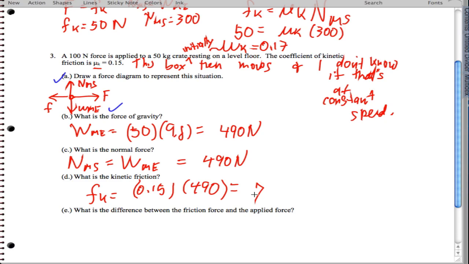And that's going to give me 73.5 newtons. Right. Now, what is the difference between the friction force and the applied force? I don't mean the conceptual difference. I mean the difference, like subtract the two and find out. So the force applied minus the friction, that's going to be 100 minus 73.5, and that's going to give me, when I actually get it,